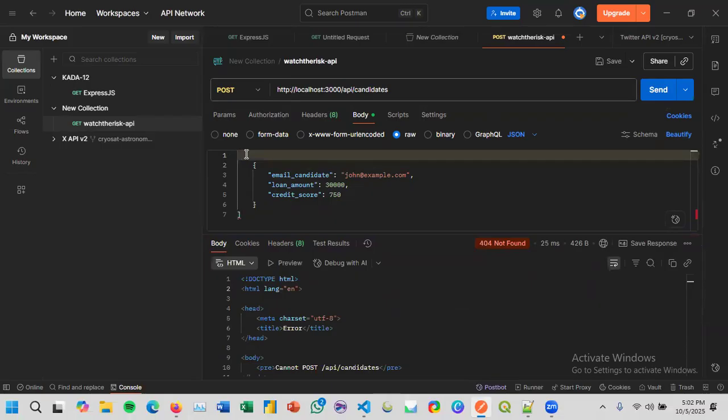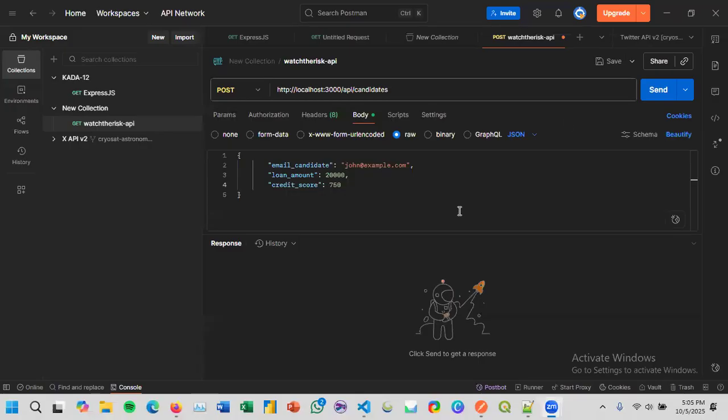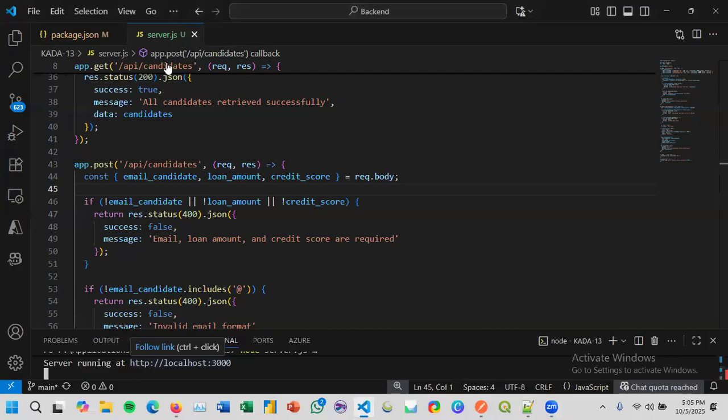Okay, maybe we don't apply here. Why did it return an error before? It's because I forgot to save and reset the server.